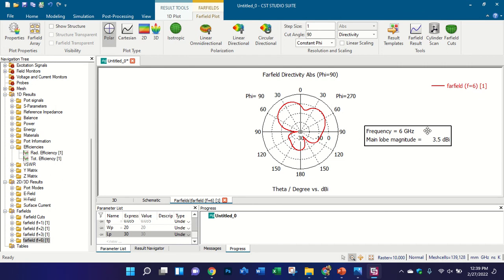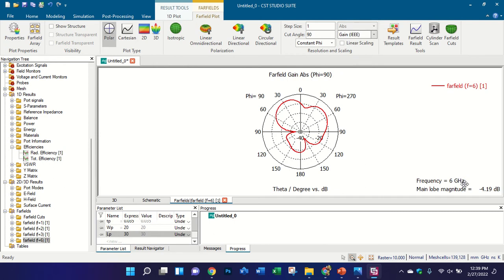You can see that the directivity of the antenna is 3.5 dBi, and here it is in dBi. If you see here, gain will be in dB. And the realized gain and the